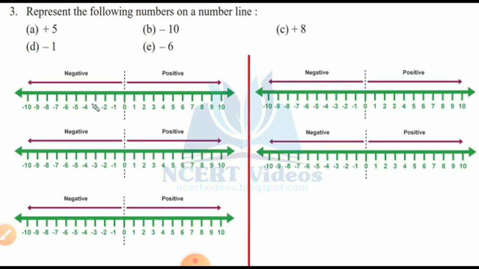Represent the following numbers on a number line. Very good question, students. Here you are learning about the number line. Last year there were only whole numbers or natural numbers. Here you have to draw the number line with integers. Integers have negative numbers, positive numbers and 0 also. So positive numbers always come on the right side. You can see plus 5. I put the mark there. Yes. So what about the negative numbers? They are on the left side.